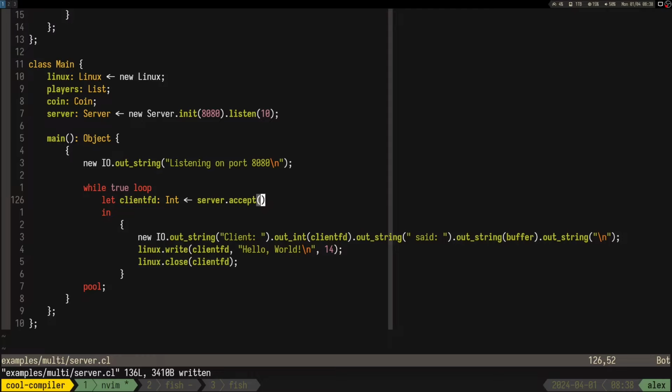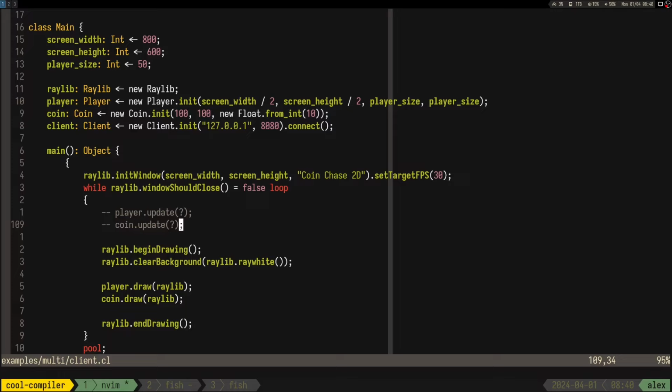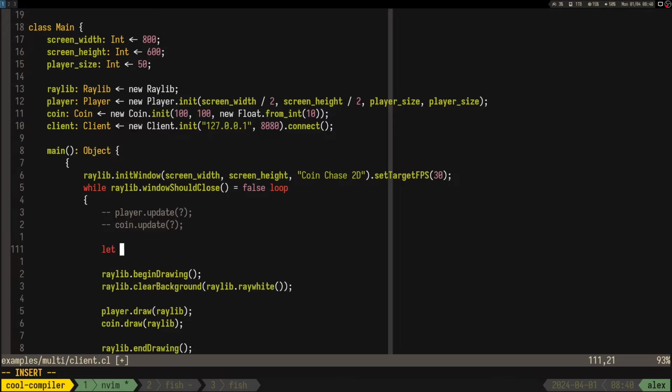We have to do receive on the main thread. So yeah, actually let's do it. So let message client receive, so we have to do it like that. Message deserialized, okay,